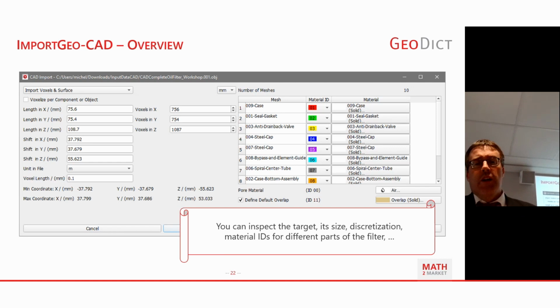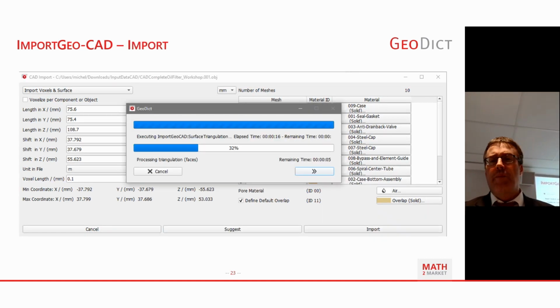We have just included two things: the unit of the file and the size we want to have, and then we can import this. Of course, large structures will take a bit of time, but it's not only about the complexity of the filter. Complex structures can result in artifacts, but timing is mostly due to the surfaces we need to discretize from the CAD format to our voxel-based view.